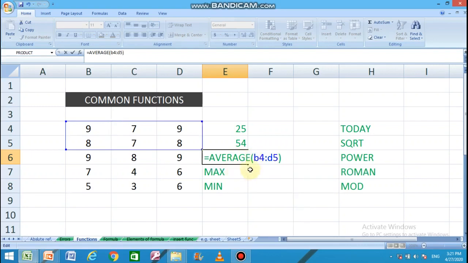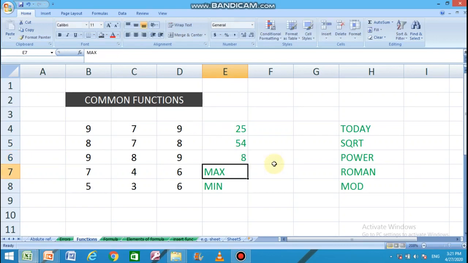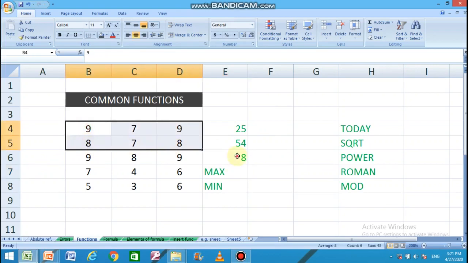In the argument, you can give a range also. Simply cell addresses or constants or ranges, any type of value you can provide here. The average of all these set of cells is 8.